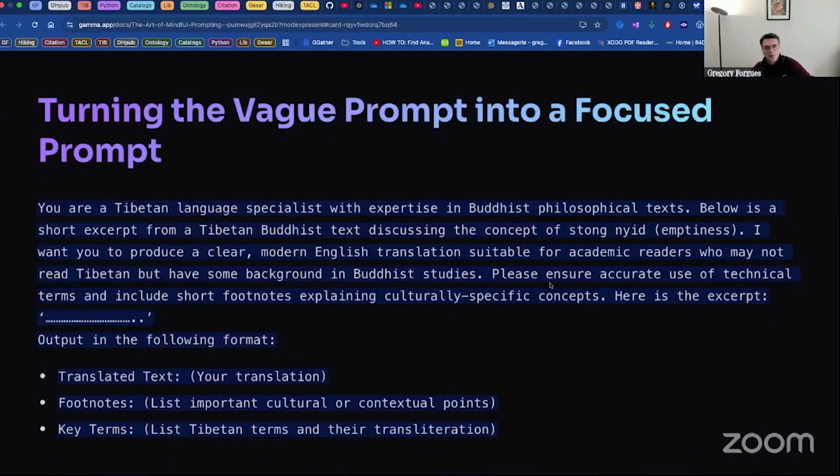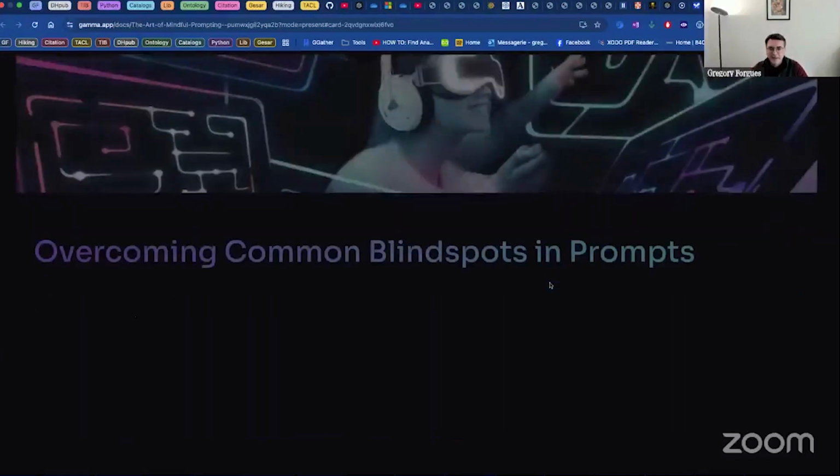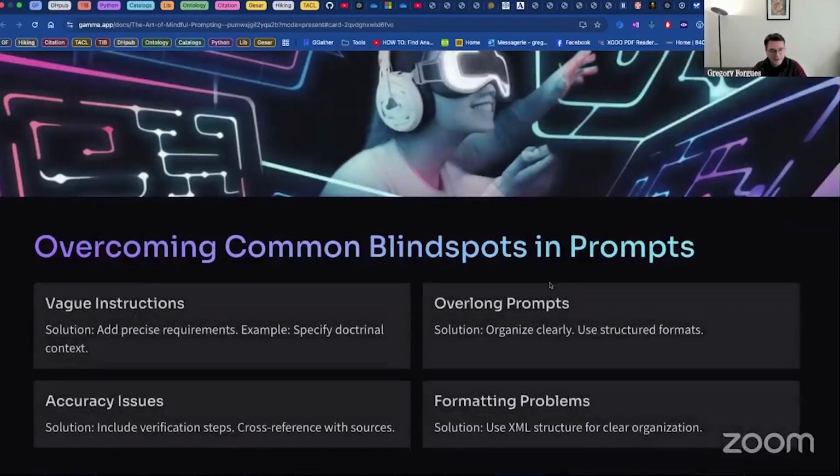So that's an example of a prompt. Please refer to the slide, you'll see, but that's a kind of prompt where I put all the elements of a good prompt there. And so that will illustrate something that's a bit more accurate than just "translate that", which is not going to work. Avoid vague instructions,